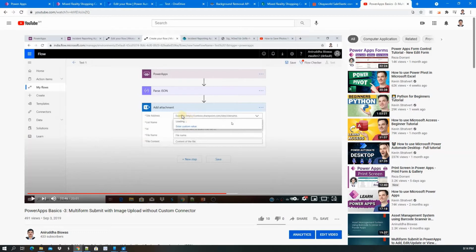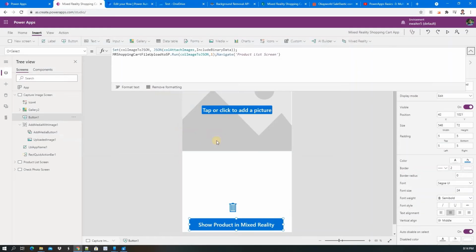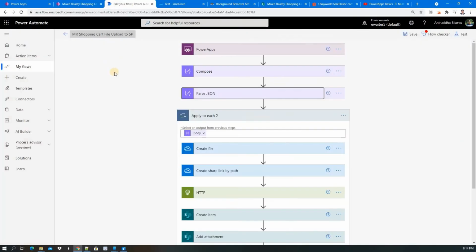Okay, so I am not going to describe the same thing again here. I will give this URL in the description box, you can find it there. So today I will only show the other thing I have done in the same flow. So whenever I click, the flow will run.